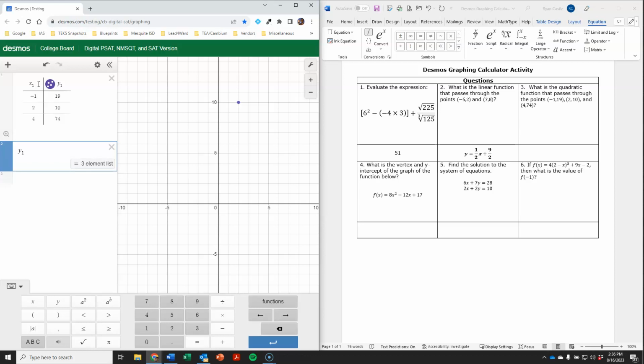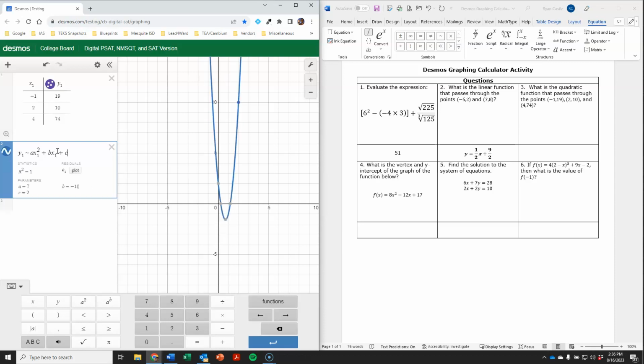And so again, y1 is approximately ax1 squared. And so I'm doing shift 6 and then a 2 in order to get that in the exponent, and then I need to arrow to the right to get out of that exponent. So you'll see and notice kind of the difference where the cursor is. Here the cursor is in the exponent. When I arrow to the right, it goes back down to normal, and I want to enter in bx1, and